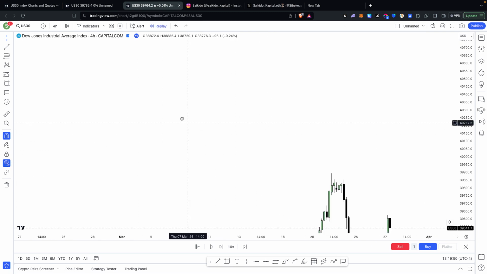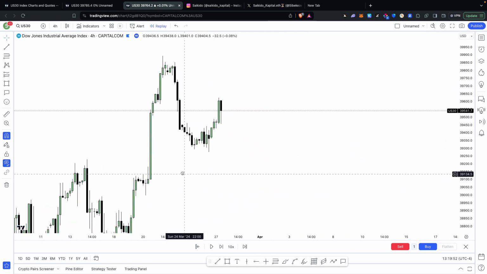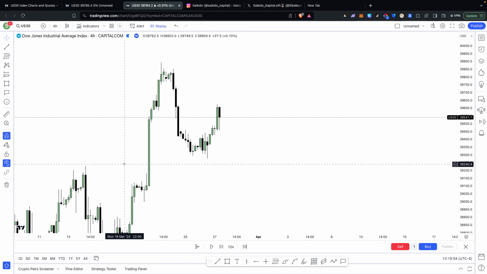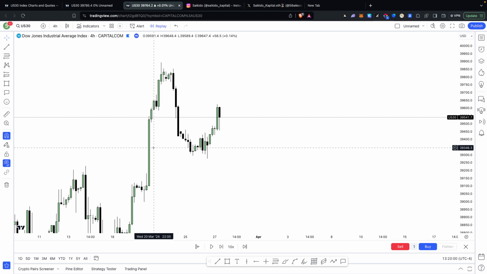So let me go on and do this. We are going to be looking at time of day first, and then we are going to be looking at premium, discount, external range liquidity, internal range liquidity, and then the ICT 2022 model, and then the risk to reward ratio. And you can use this model to pass prop firms and quit your job.